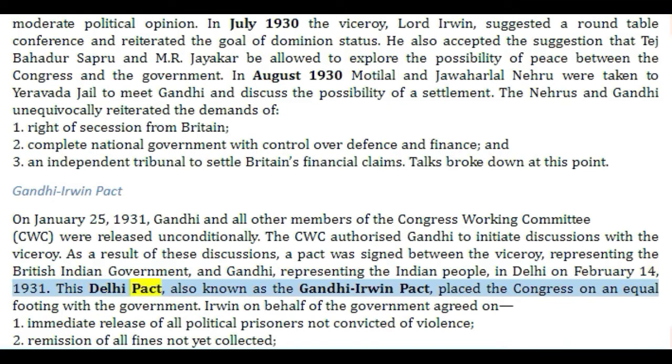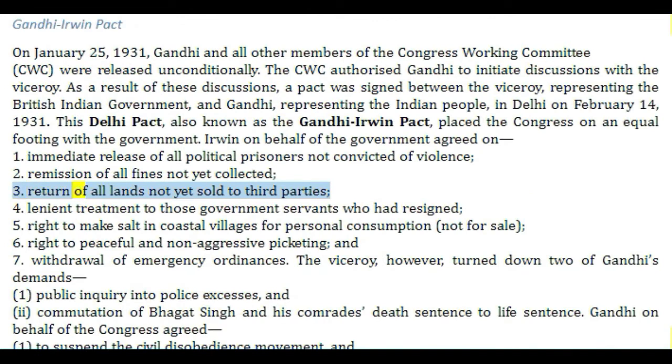This Delhi Pact, also known as the Gandhi-Irwin Pact, placed the Congress on an equal footing with the government. Irwin on behalf of the government agreed on 1. Immediate release of all political prisoners not convicted of violence, 2. Remission of all fines not yet collected, 3. Return of all lands not yet sold to third parties, 4. Lenient treatment to those government servants who had resigned,